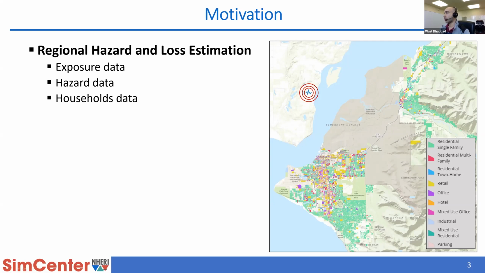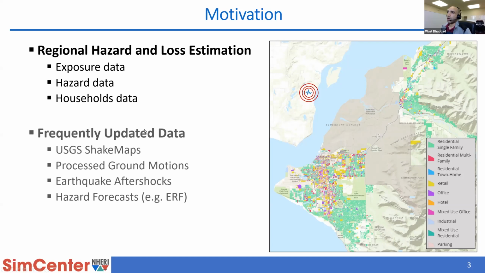This is one example of Anchorage, Alaska. What you see here is a map of Anchorage in Alaska with 84,000 parcels color-coded by their occupancy, which is actually a piece of information that can be very useful for hazard and loss estimation. So this can be useful when you're working with exposure data, hazard data, or even other types of data like